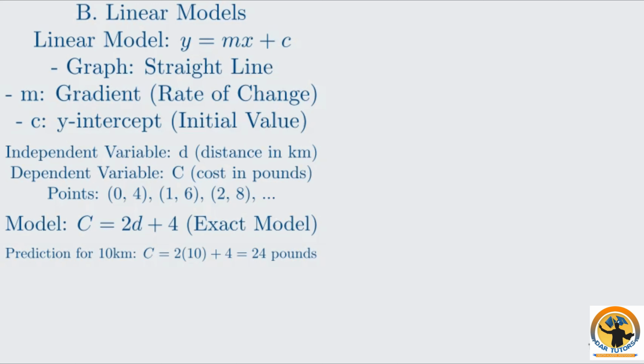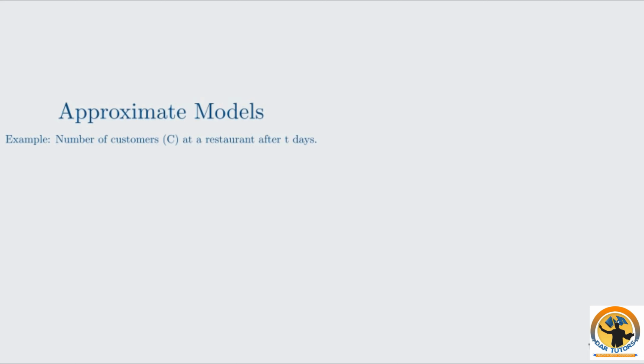Now, what happens if the relationship isn't exact? In many real-world scenarios, data points might not form a perfect straight line, but they show a linear trend. In such cases, we use an approximate linear model. For instance, consider the number of customers at a new restaurant over time. If we plot the number of customers against the day, we might see points scattered around a straight line, but